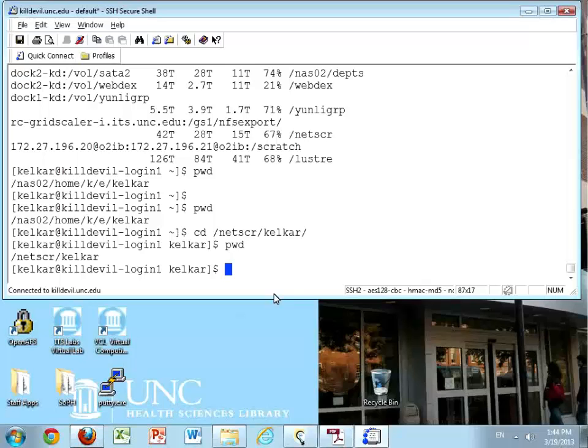Working in the NetScratch onion directory, this area is not subject to quota, meaning,